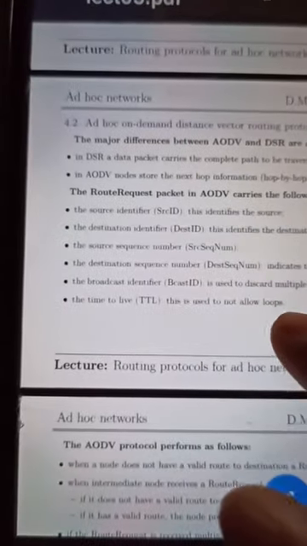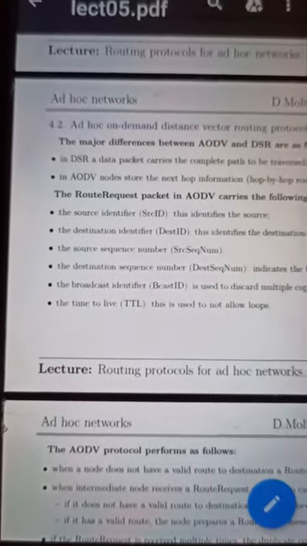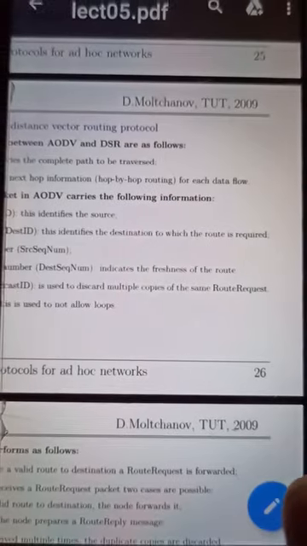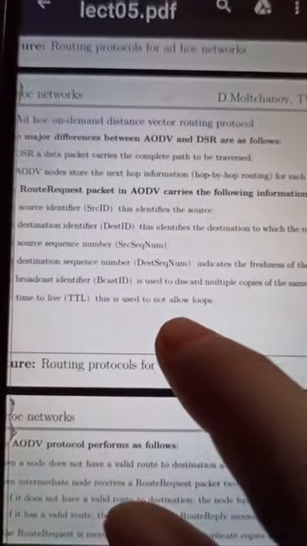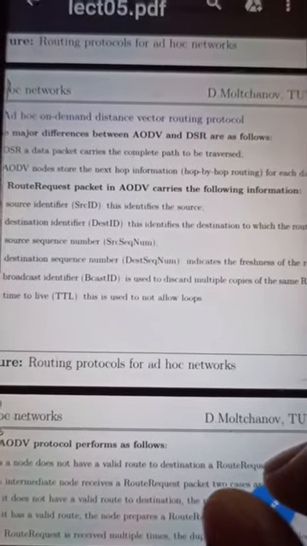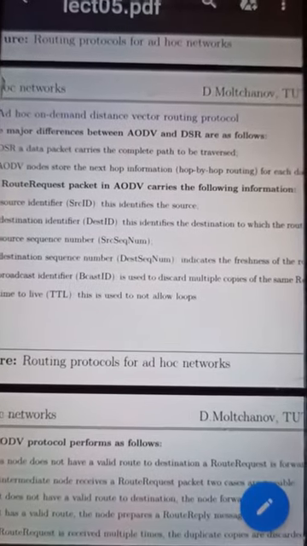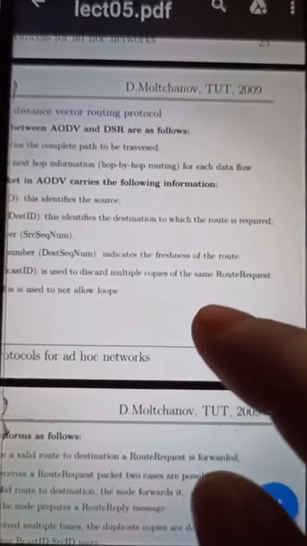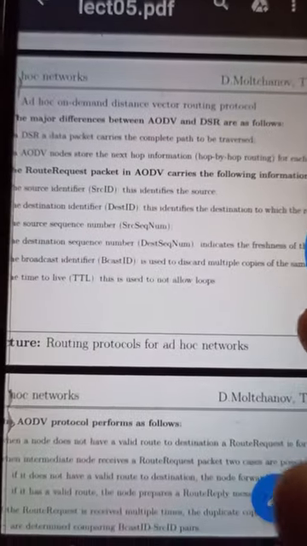Next is the broadcast identifier, which is used to discard multiple copies of the same route request. This broadcast ID is also stored in the packet. So if multiple copies are traversed on the same route request, then those packets are discarded.